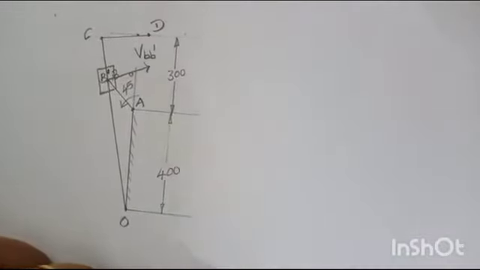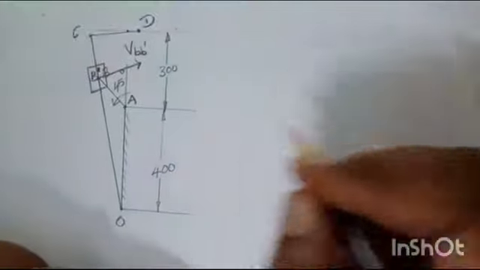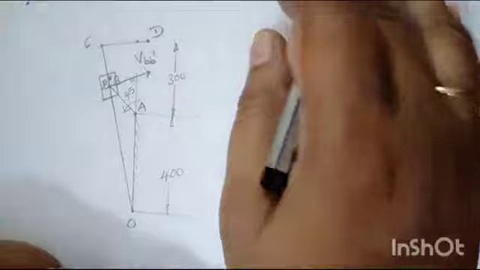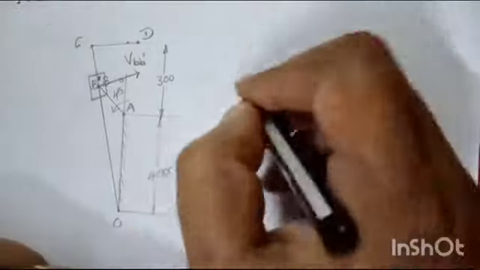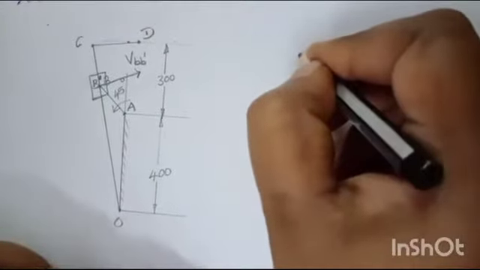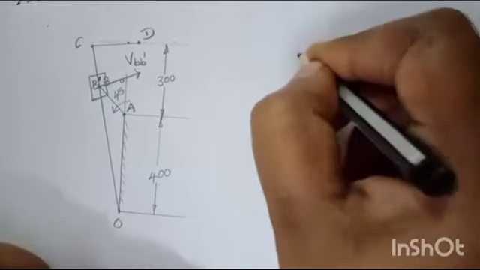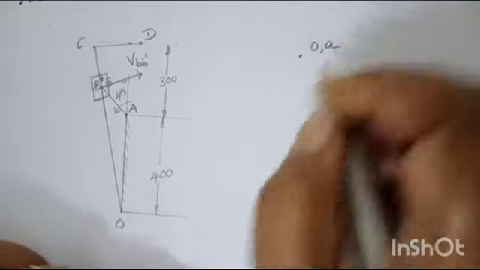The tool is attached with the ram and it moves in horizontal direction. So with these two clues you have to use it, and you have to start your velocity diagram first. Always draw the diagram near to your space diagram, then only you can drag your link velocities as it is. Already I told you that link velocity is always in the perpendicular direction.